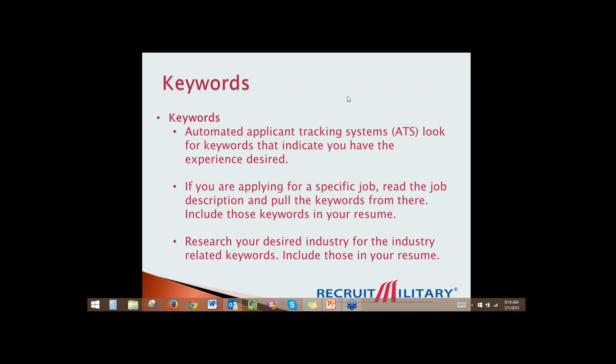Like Mike said, I haven't served in the military. I do work in a military industry, but even being surrounded by that on a daily basis, I'm not always familiar with the military acronyms, with the military jobs, or even with military phrases. So doing your research on what the industry-related keywords are, and by industry-related keywords, I mean the keywords that translate from military to civilian. So if you have one job in the military, not just putting the keywords for that particular job directly on your resume, but looking up what the equivalent job in the civilian world is to what your role was in the military and using those keywords, that illustrates to me as a civilian much more clearly